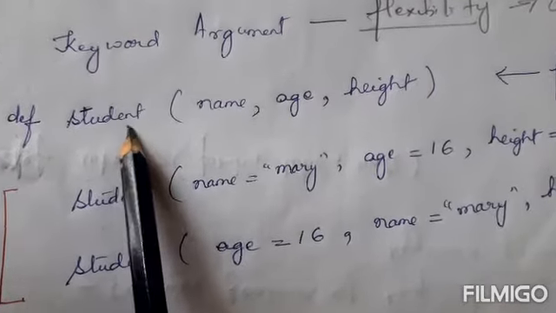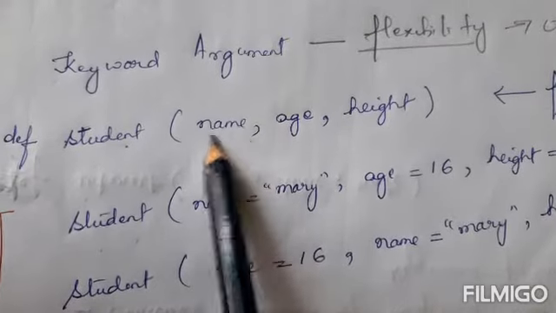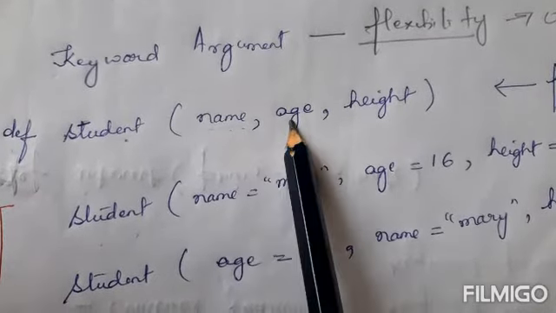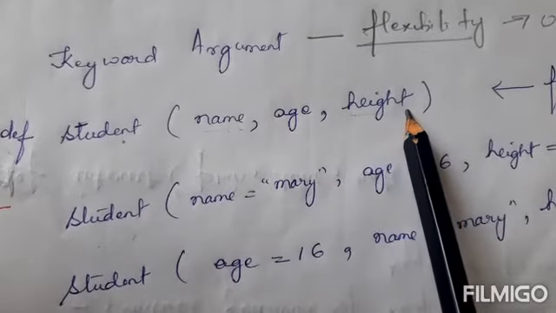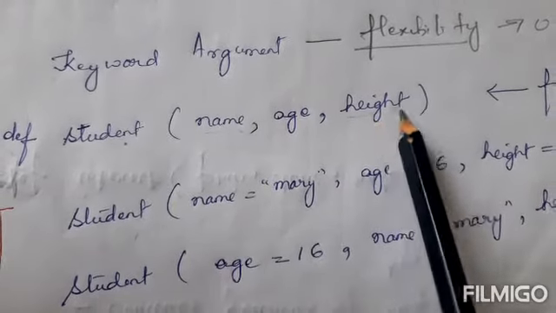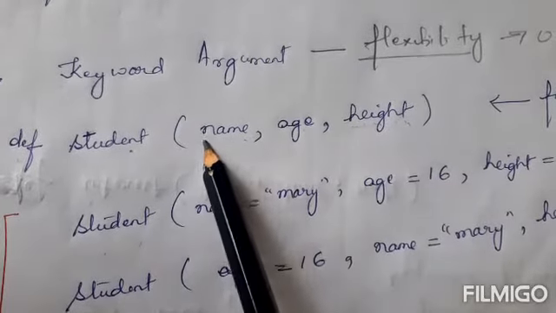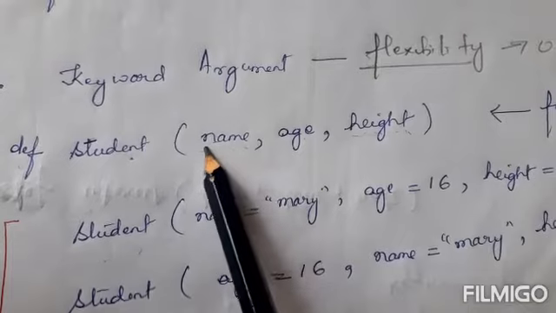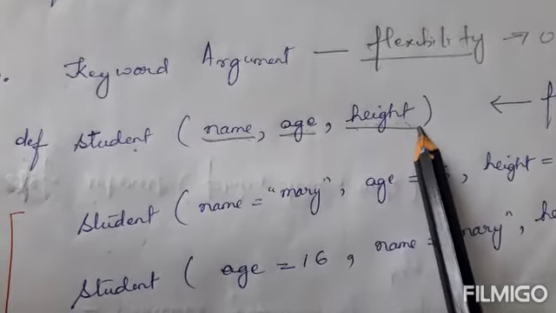Say for example, I want to gather particular information from a student. Name of student, which will be in string. Age of a student in integer, and height of a student, which will be in double, and this will be your real number. The name, the age, and the height. So what I'm expecting here is the function call to pass me the value for name, the value for age, and the value for height.